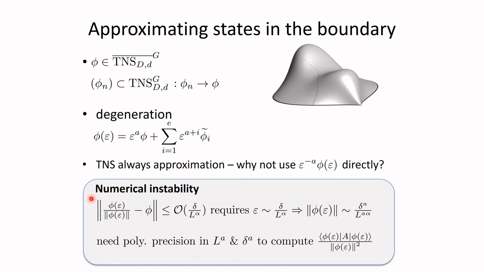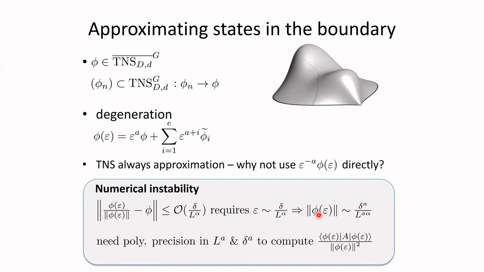Namely, let's assume that we want to approximate an extensive observable like the energy for a local Hamiltonian on the state. Then typically what we need in order to get an additive error of the order of delta, you would have to approximate the state phi on the order of delta divided by alpha, L to the alpha for some alpha here. But if we want to achieve such an accuracy in our approximation, we have to choose the epsilon in this expression here also at the order of delta over L to the alpha,